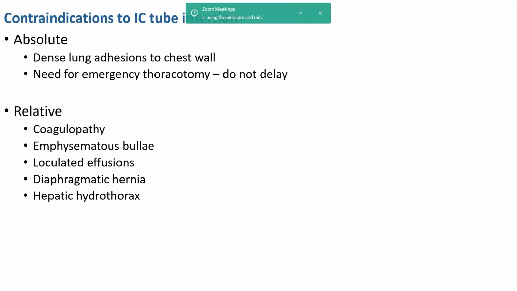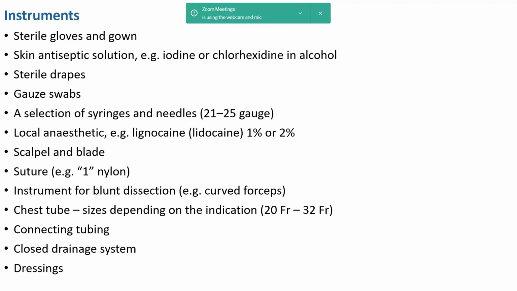So I'll just discuss the procedure. These are the instruments that we need. You need to remember that it's an external procedure. You need sterile gowns, gloves, and antiseptic solutions, then drapes, and the local anesthetics, syringes, those things, a scalpel with a number 23 or number 11 blade, and suture. We use number one nylon sutures, and then a Roberts forceps, that's a blunt tip forceps, and the